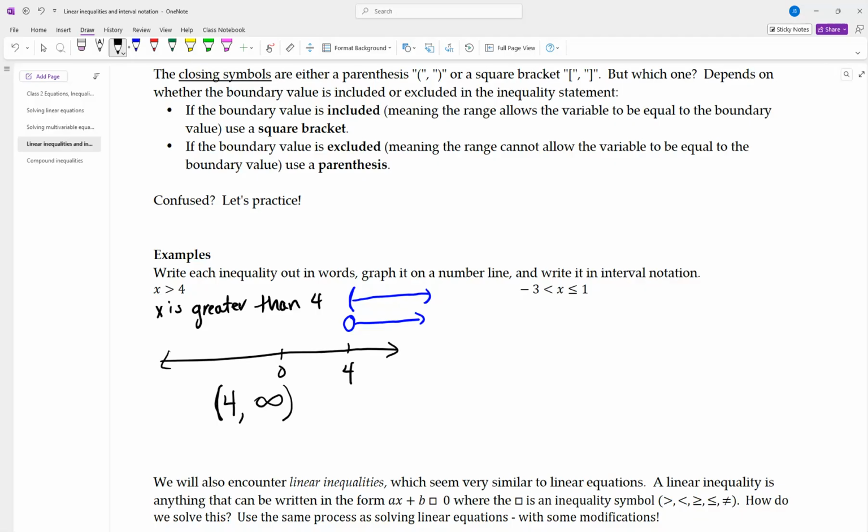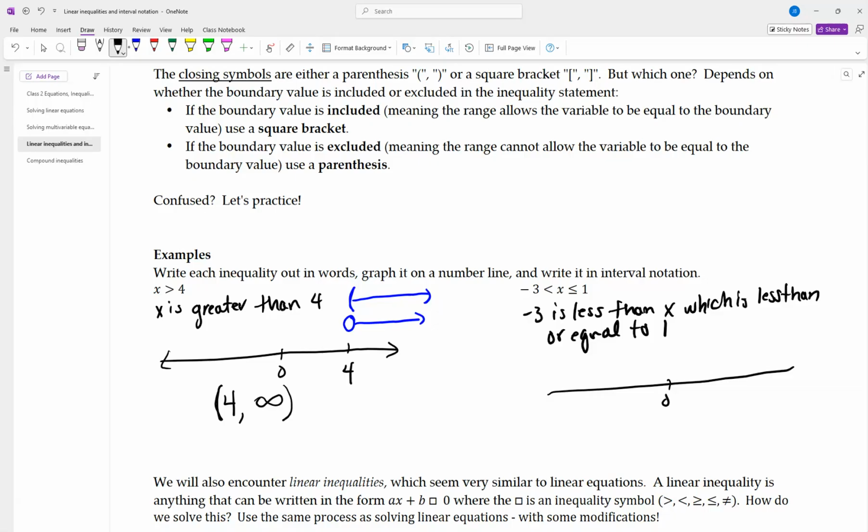Okay. Next one. So I would read this as -3 is less than x, which is less than or equal to 1. Now you could probably get the interval notation on this without going to a number line, but just for completeness' sake of following instructions, I'm going to show it. Okay, so here's -3, here's +1, and at 0,